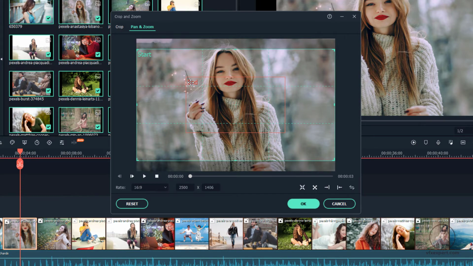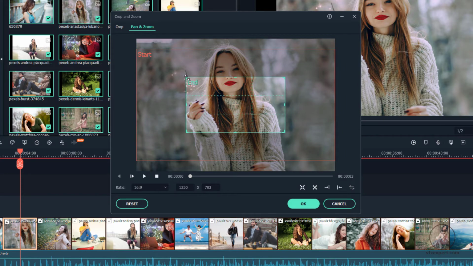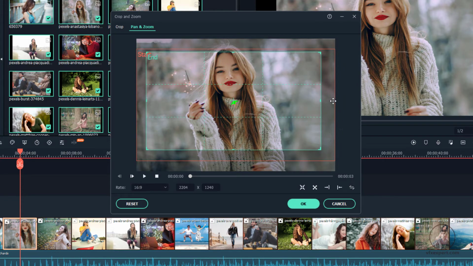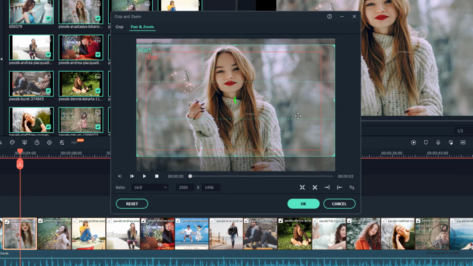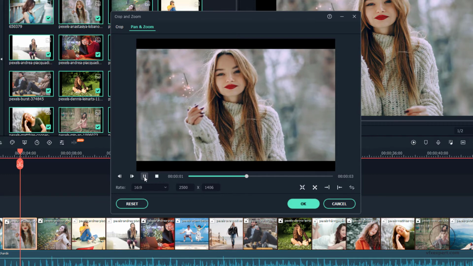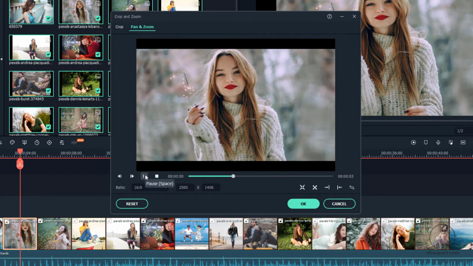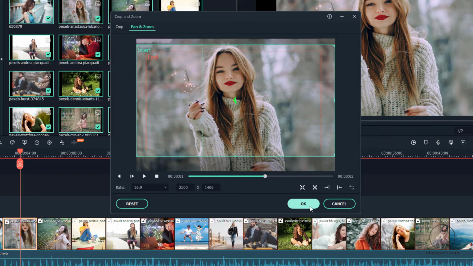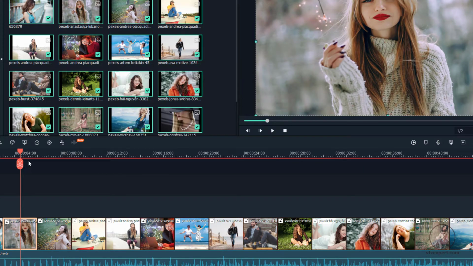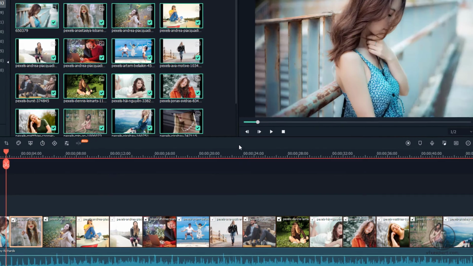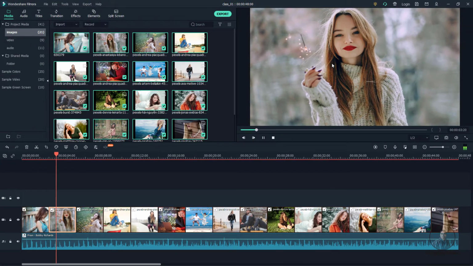If you want to adjust, you can simply adjust it like this. You can also adjust your starting area, then again select and adjust. If you want to check the preview, simply click here. It will display how it will look after pressing OK. You can check it. If this is OK, simply press OK here. Now Filmora has animated your picture. Now play and check it here. Now easily you can see.